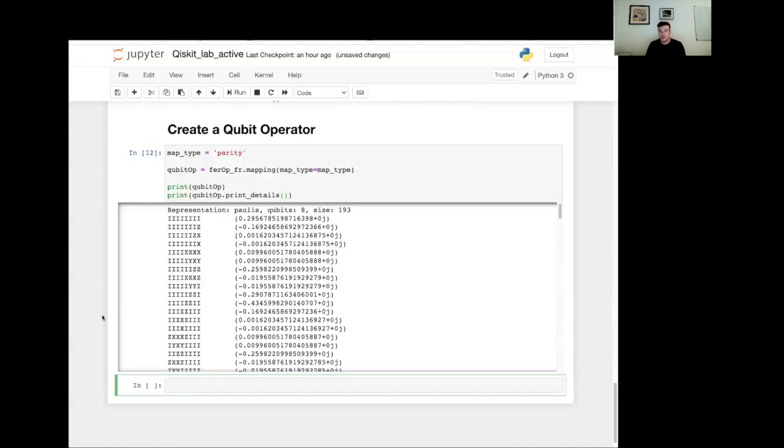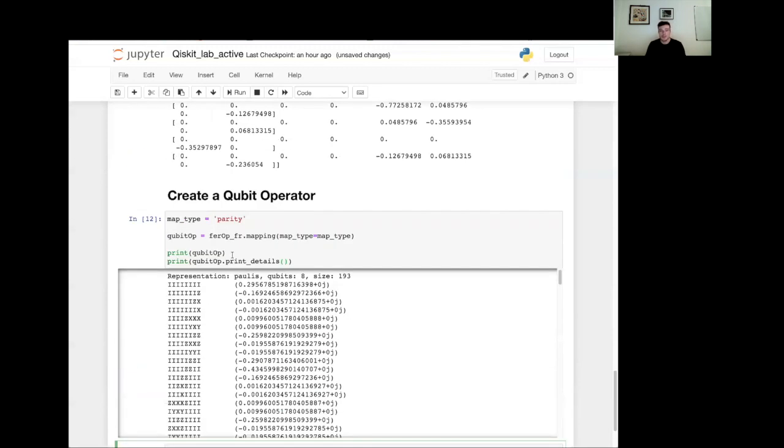All right, so this is the outcome. By printing a qubit operator, what we get is a summary of this qubit operator. What we know so far is that this operator is stored in memory with the Pauli representation. It means that it is stored as a sequence of Pauli operators and coefficients, as opposed to a matrix representation of the same operator, which would have been exponential in the size of